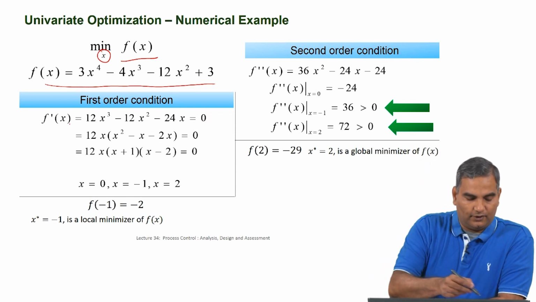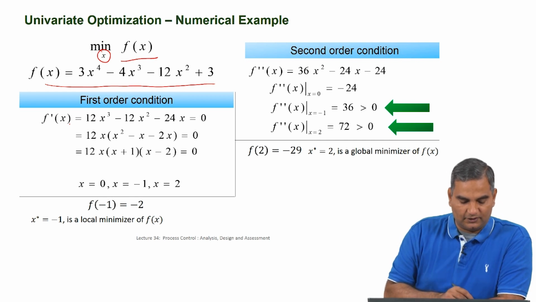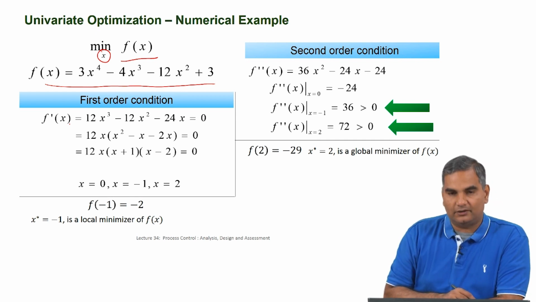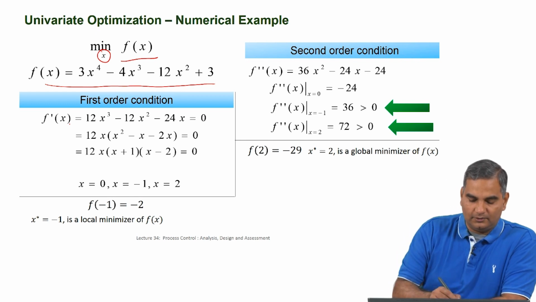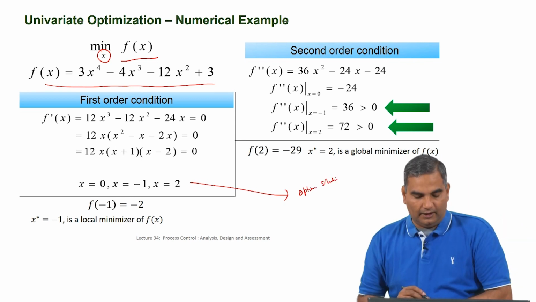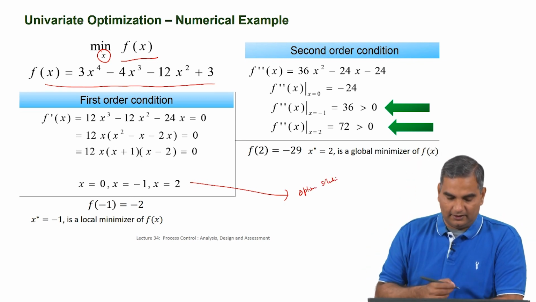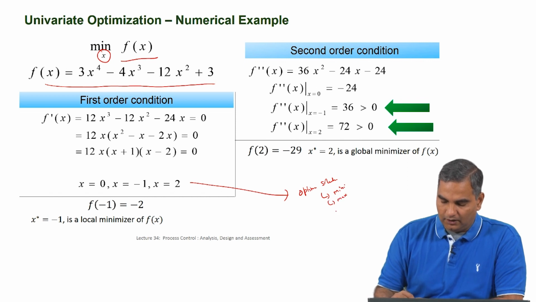Then you can solve for f prime x is 0, then you will get these three solutions in this case, x equal to 0, x equal to minus 1 and x equal to 2. Okay. So these are three solutions. Now what this means is these three are all optimum solutions. Okay. And based on some calculation, we can either find these to be minimum points or maximum points or what are called saddle points and so on.